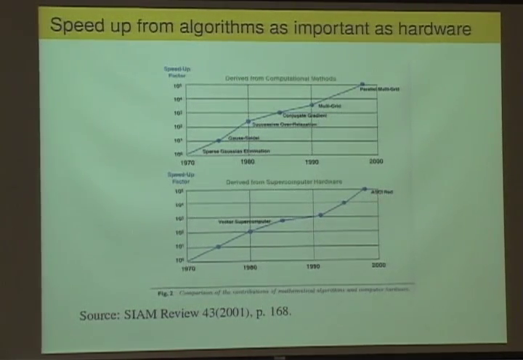And I think this is important to keep in mind as computers get bigger and bigger and more powerful. It's still important to be developing also better algorithms as we go along. And the algorithm development has been a key component of being able to solve much bigger problems today than we could back in 1970.